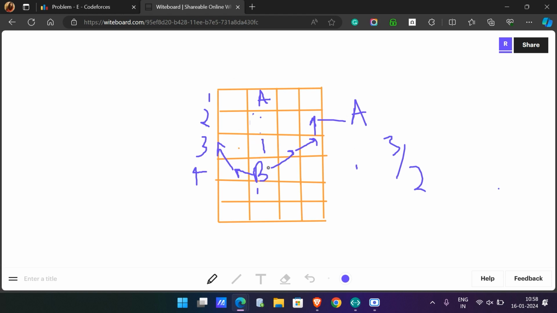The difference between their rows divided by 2 is the number of steps that Bob will be taking, and the number of steps that Elias would be taking is the difference between the rows minus the steps that Bob is taking. Hence, Bob will be moving to the left or to the right. So the number of steps taken by Bob would be 1 in this case, and Elias would be taking 2 steps to meet each other